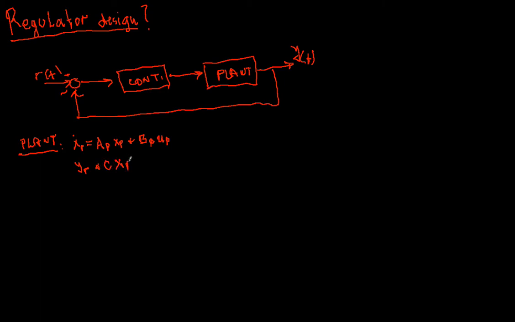y plant equals Cp xp. In the same way, for the plant we can have a transfer function representation, where G of s of the plant is going to be C plant (sI minus A plant) inverse B plant, such that we can look at this plant as having a certain transfer function, and the controller